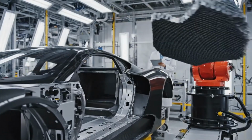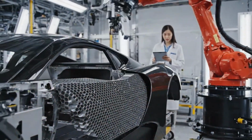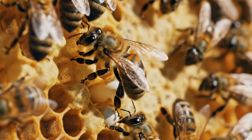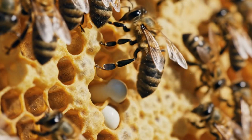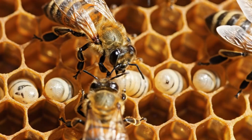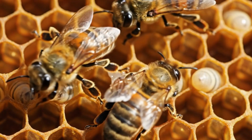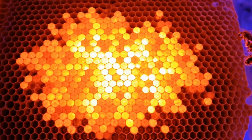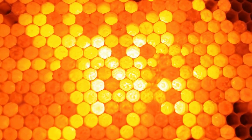We use honeycomb structures in airplanes, rockets, and cars to create materials that are light, yet strong. Beyond storage and strength, the hexagon also plays a crucial role in raising the next generation of the colony's workforce. The compact arrangement allows nurse bees to pack the maximum number of larvae into a small area, making care more efficient. This dense packing also helps in thermoregulation, keeping the brood warm and at a stable temperature required for healthy